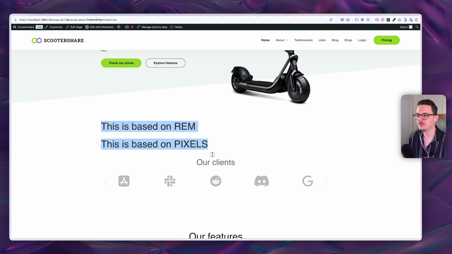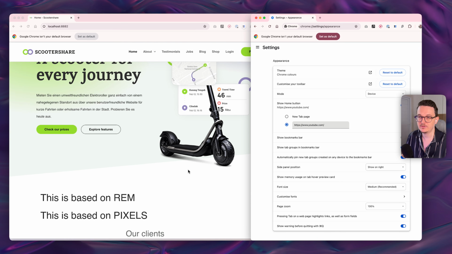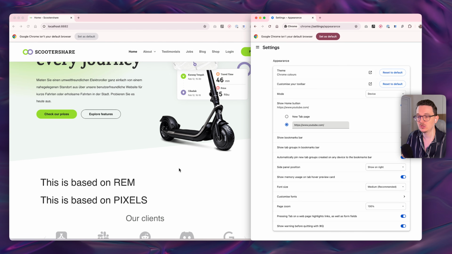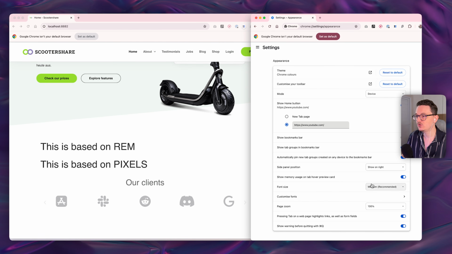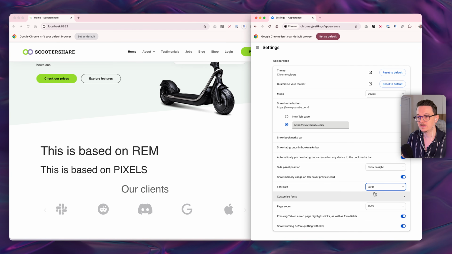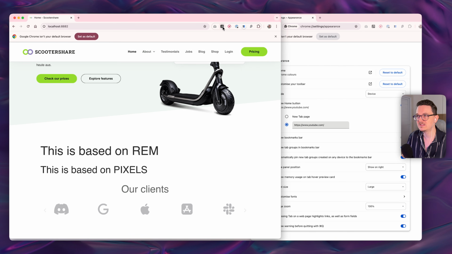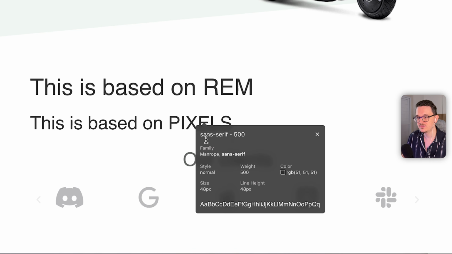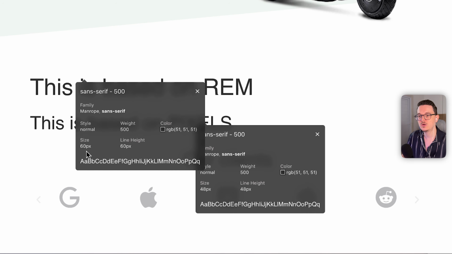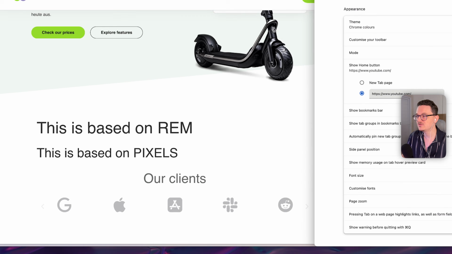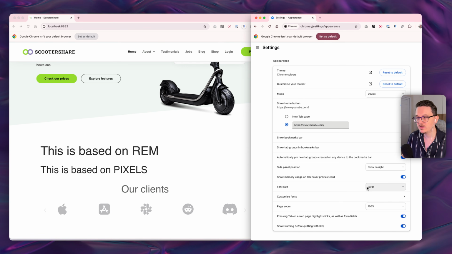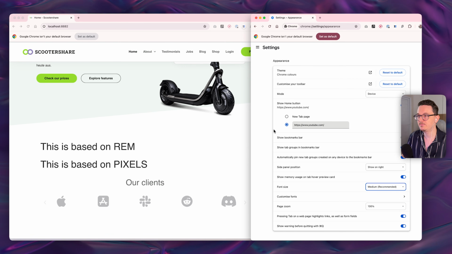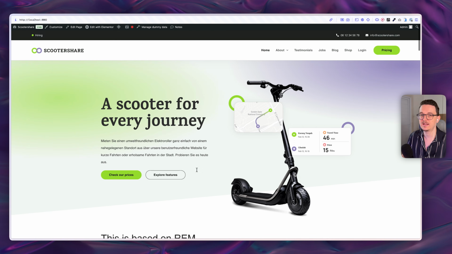But if we would view this on the front end and somebody thinks that everything looks a little bit too small, maybe they're a little bit older, their eyes are not so good, and they would change the font size in their browser settings to a little bit larger, then you can see what happens. The rem actually adapts and the pixel one still stays the same. You can check this with a quick font checker here, 48, and the rem is now scaled up to 60 because of this browser setting. So putting all of your fonts in rem is much better. It's exactly the same result for people that have the setting on medium, which is normal,